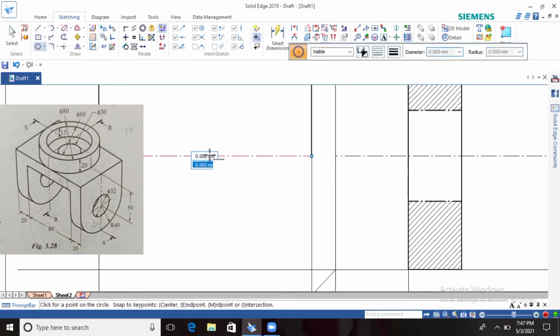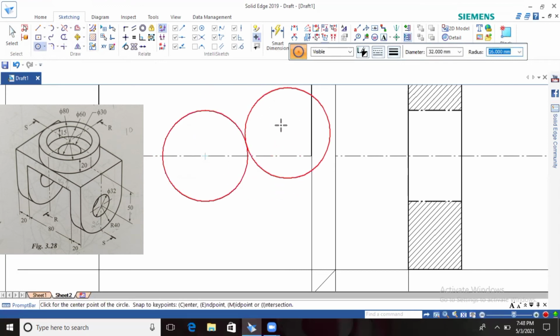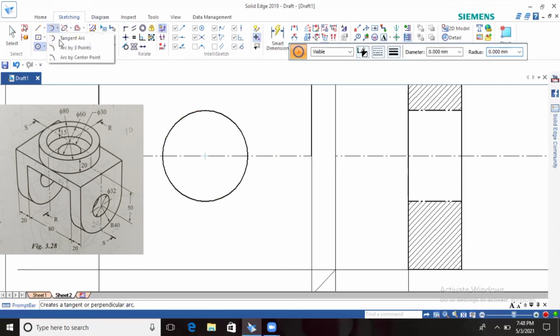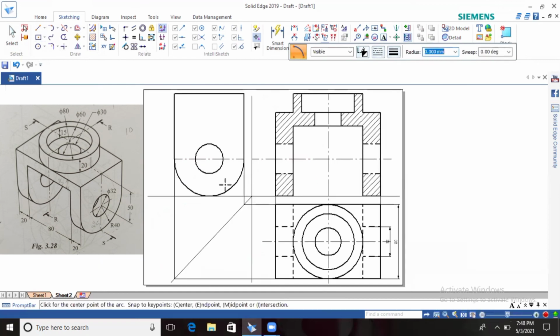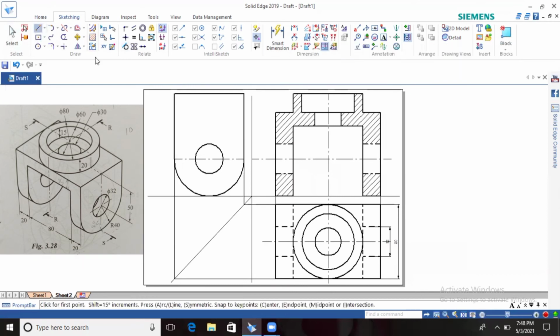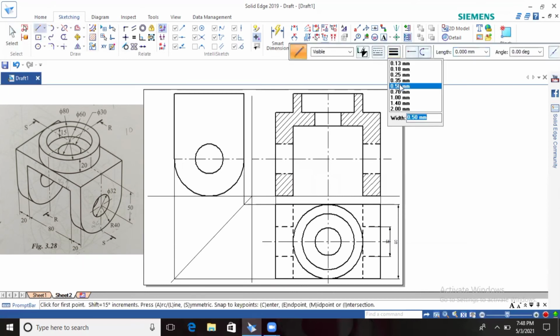From the center draw the diameter 32. After this use the arc by center point. From the same point to the end point draw the semicircle. Now the side view looks like a rectangle upwards and a hemisphere downwards.